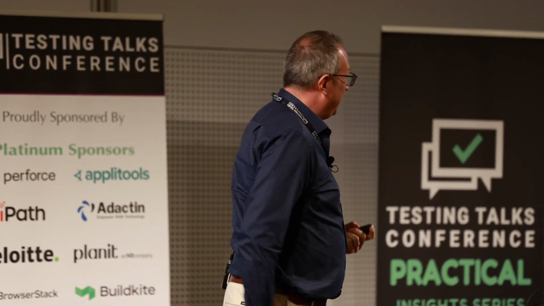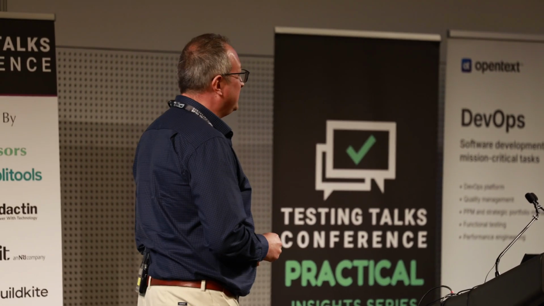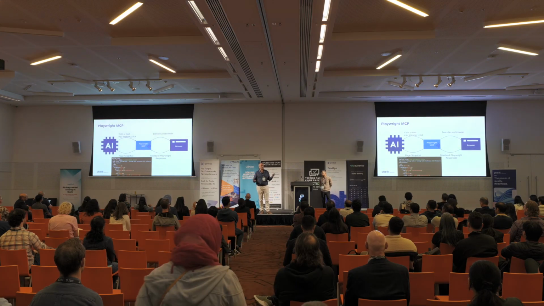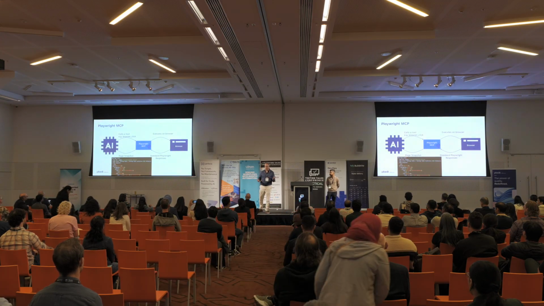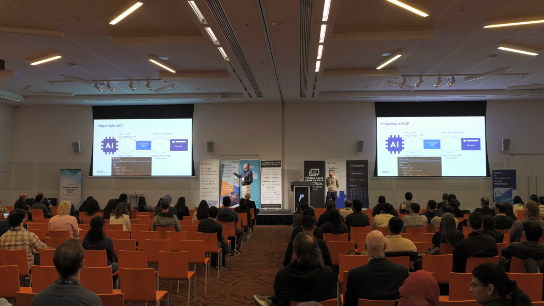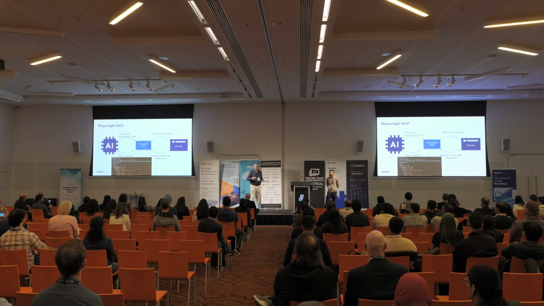How does Playwright MCP work? So AI, and I say AI here generally, what it should be is an LLM. So an LLM client that is enabled to interact with MCP servers will generally call what's called a tool. So the MCP server will expose, I guess, a menu of services, and it'll say, hey, these are all the ways that I can be called, and here's what you should input, and this is the output that I'm going to give you. Generally, in the context of Playwright, it will call a tool, so in this case, browser click.